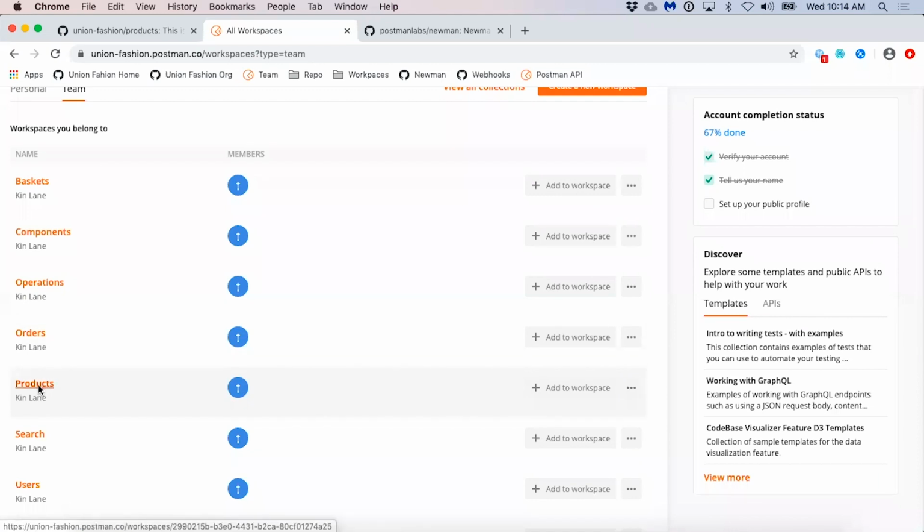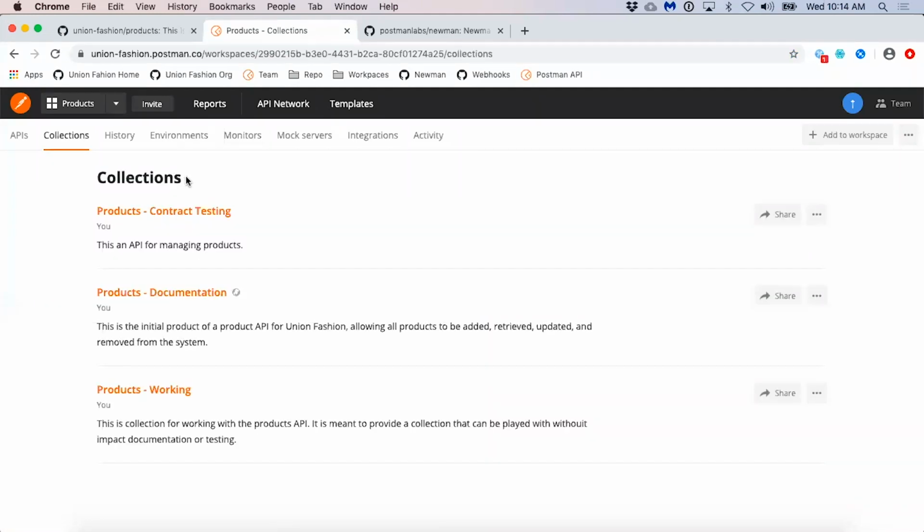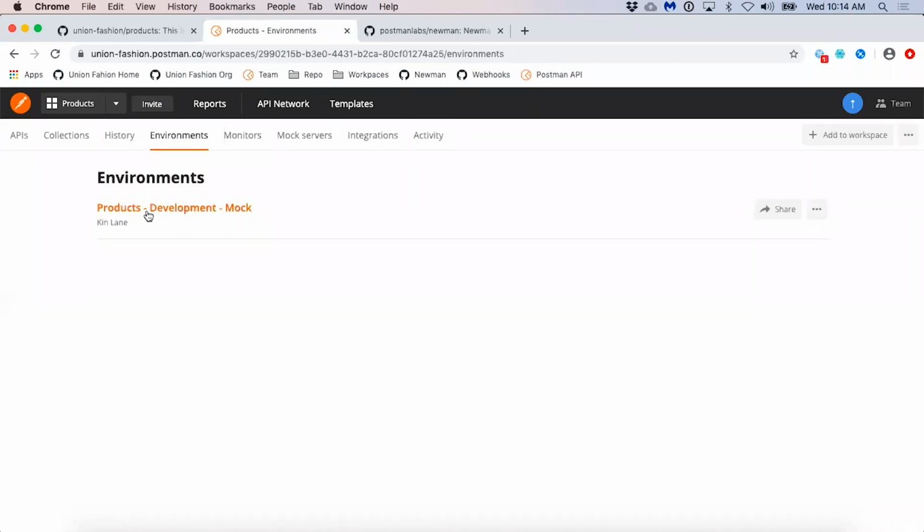If I click into the products workspace on the web here, I have full access to all of the APIs that are available in each workspace. We only have the core one for products. We have visibility into all of the collections that are available as part of this. We can see the history of runs for all of those collections and requests. We can manage all of the environments and make sure that they're present and named properly.